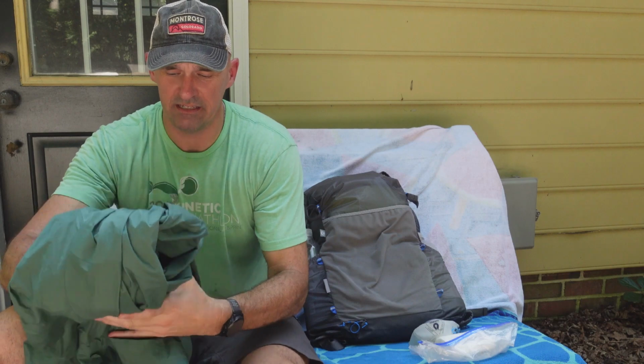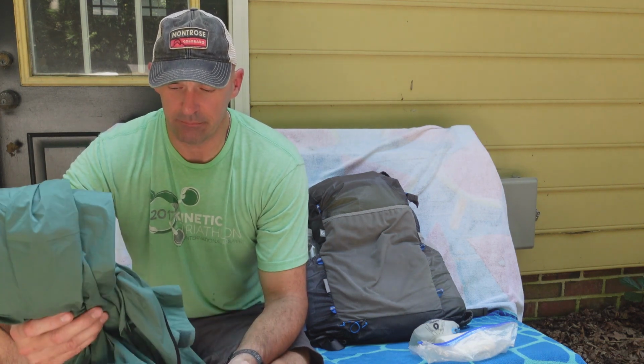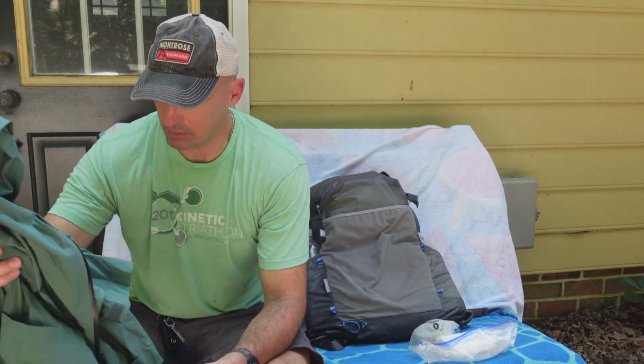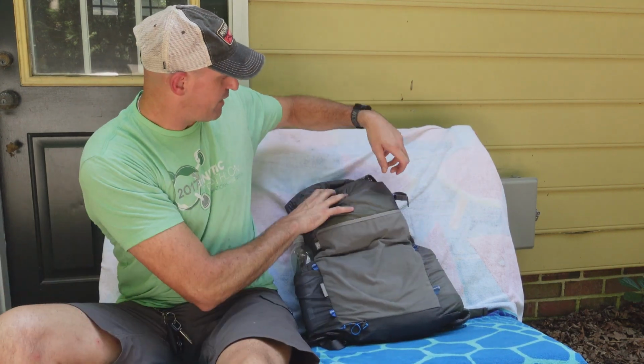It's great for wind, and I wore it almost the entire day, so almost 12 hours through rain and mist and everything else, and this kept me extremely dry, extremely comfortable. It has pit zips. It's a little expensive, but I highly recommend it because it didn't wet out at all. Inside of my pack,